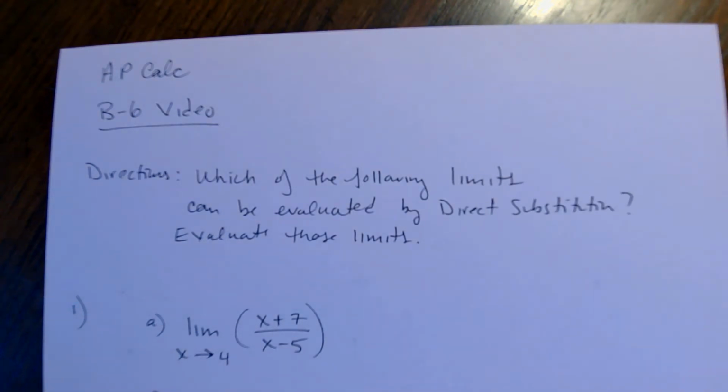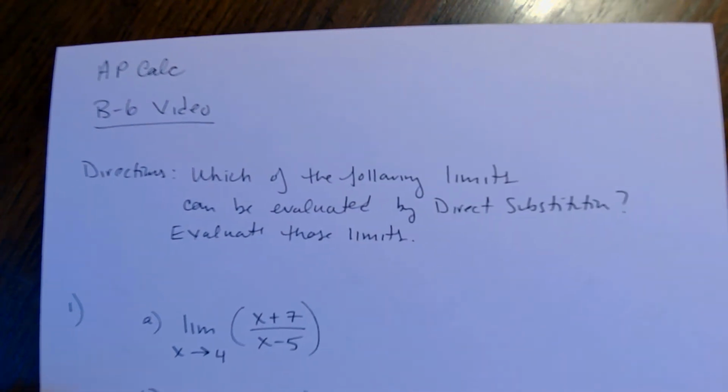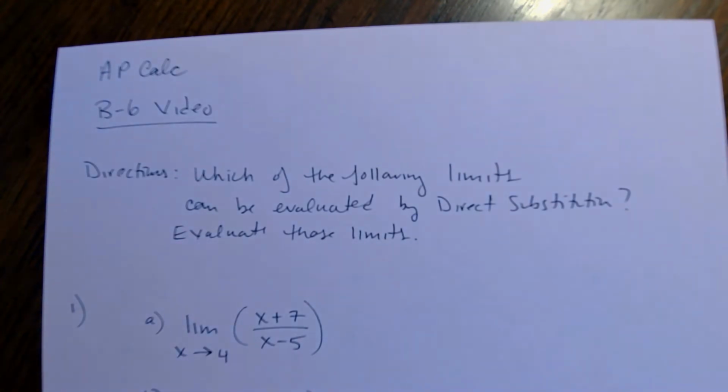Okay, so here's the B-6 video. So the directions: which of the following limits can be evaluated by direct substitution? Evaluate those limits. So direct substitution is the method that we always want to try first when we're evaluating a